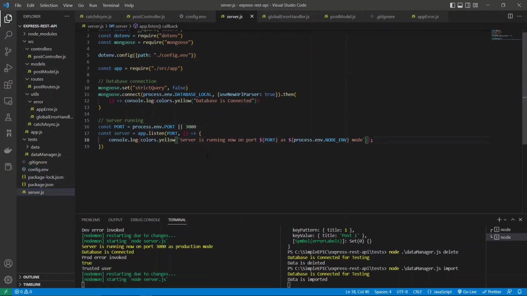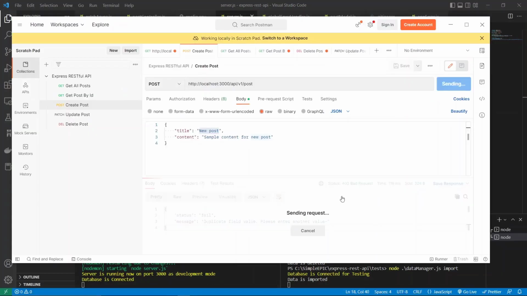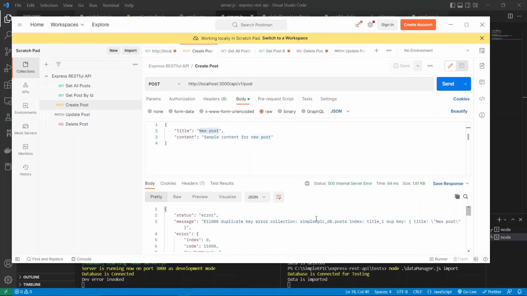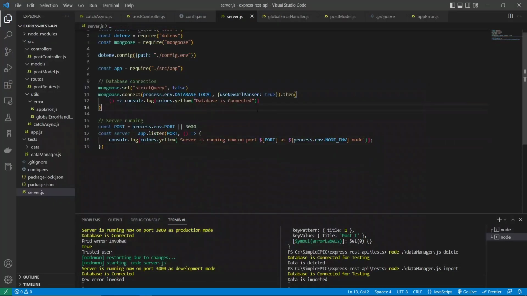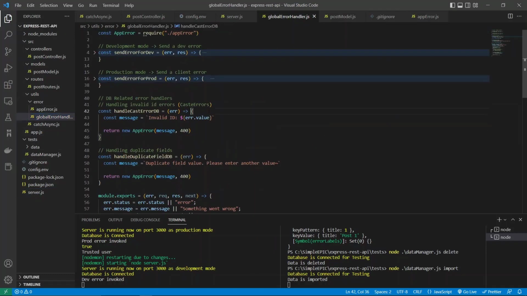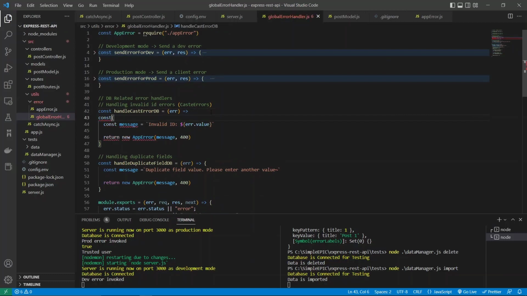If you look into the development level again, and if you invoke the error message, inside this error you can see title is the one which has the duplicate value, right? So we need to fix that. We need to determine that section as well. In order to extract this sort of information from error messages, we can use regular expression methods. So inside our global error function, first I will read